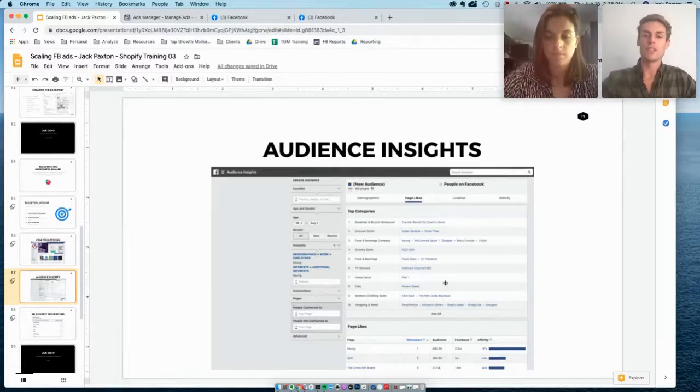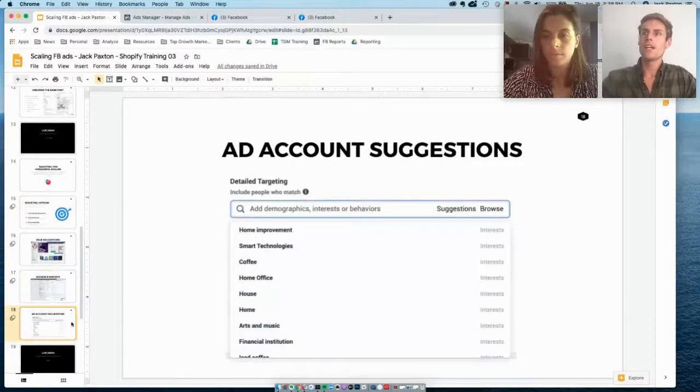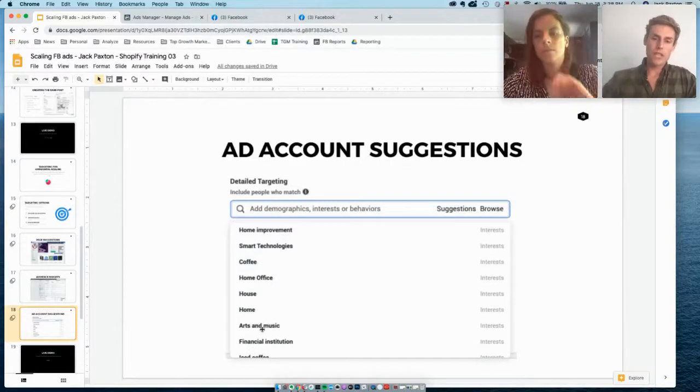And this way it will give you a gold mine of data, which you can then go and use in your new ad sets to test different audiences. And the third way is within the ad accounts, you're going to have a drop down for suggestions. Now you've got to be careful with the drop down suggestions, because you have to know what that interest is